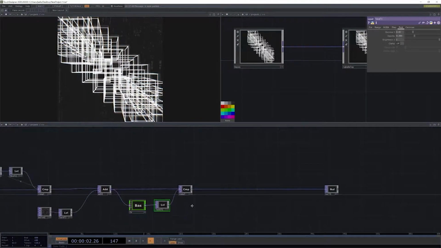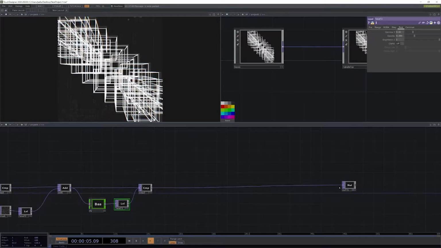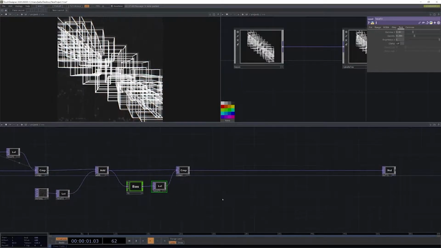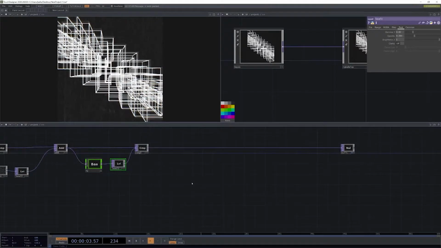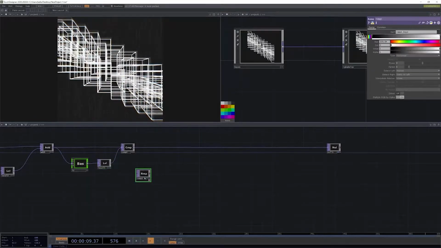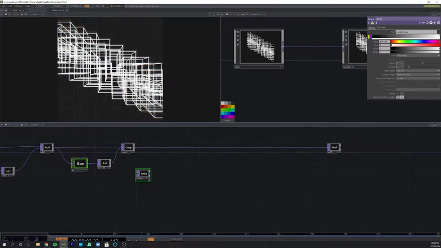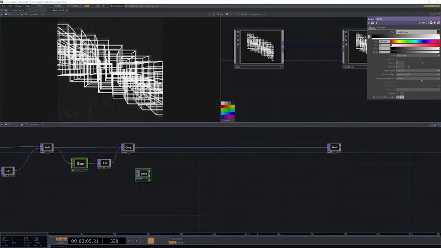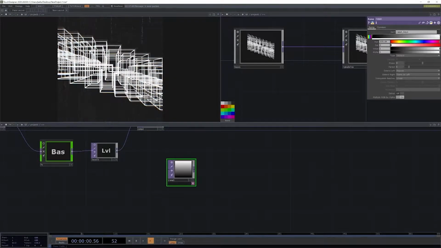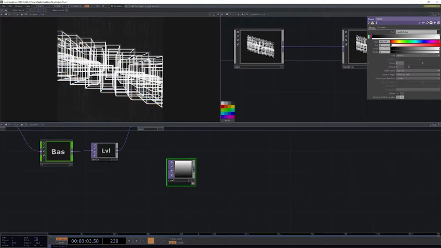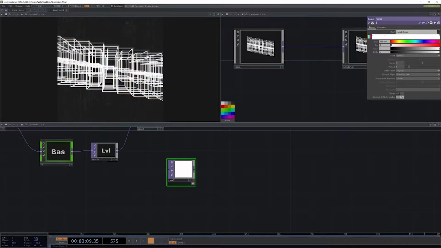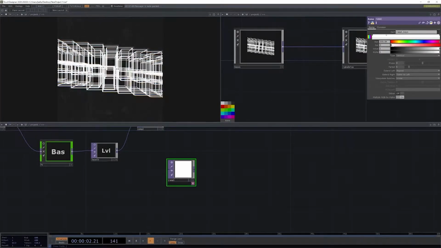Anyways, moving on. Next, we're gonna create the scan line effect that was shown, and we're going to start by dropping a ramp. Now we're going to make that ramp vertical because we want it sliding vertically down the screen. Let's change the colors. We're going to make it all white, but we're going to drop black